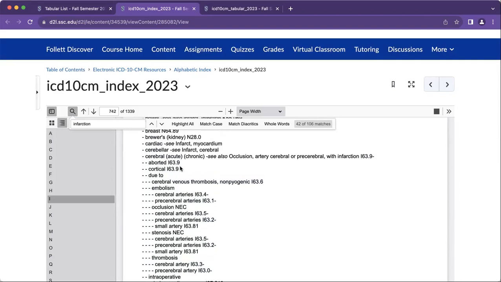Also, I want to call out because a couple of you are putting extra spaces in after your decimal point. So I63.9 would be I63, no space, the decimal point, no space, then a 9. If you put in extra spaces, the system is not going to recognize it, okay? So then the